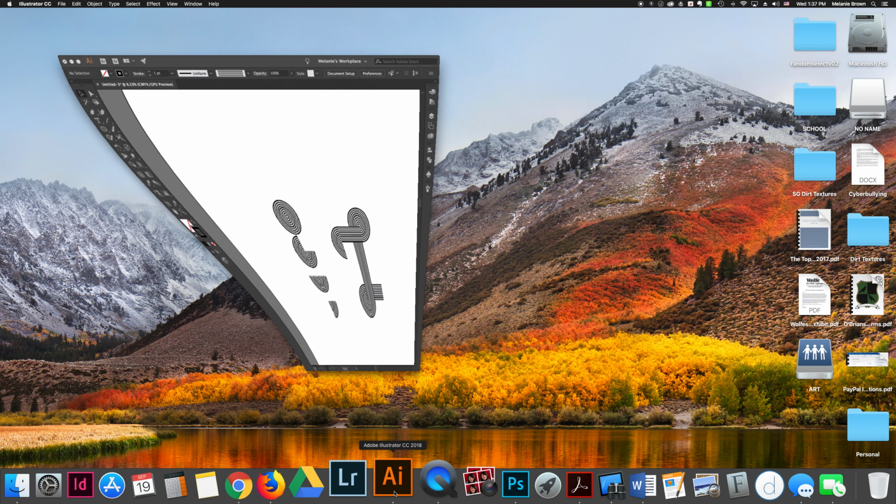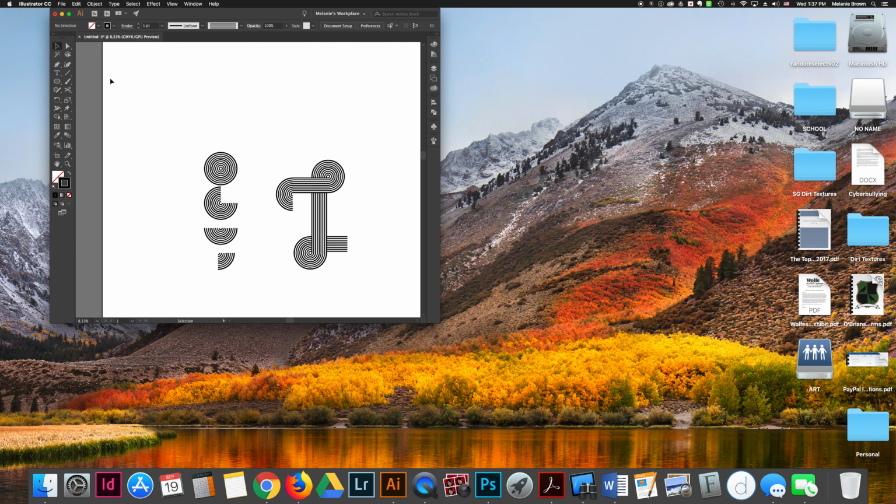Okay, today we're going to make a geometric line design. I'm going to start a new document so you can see how to set that document up. First thing you need to do is obviously open Illustrator,